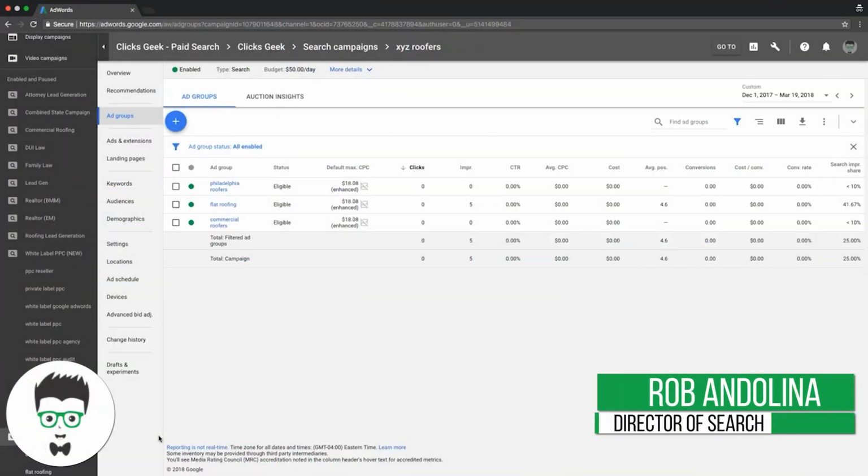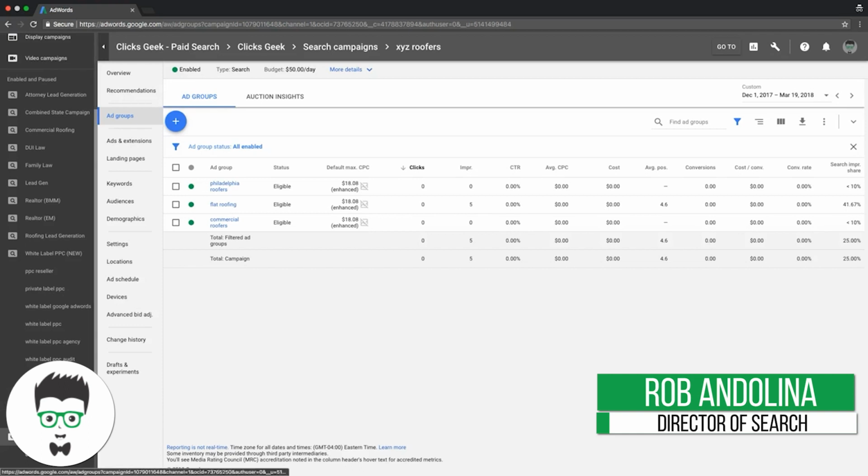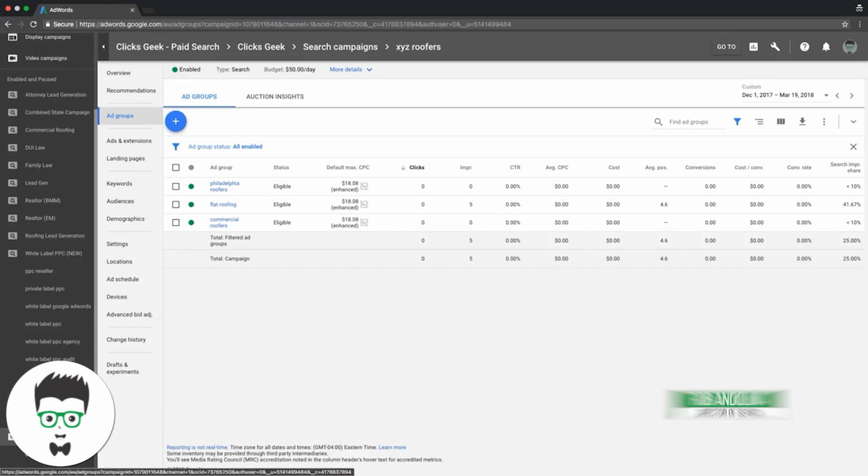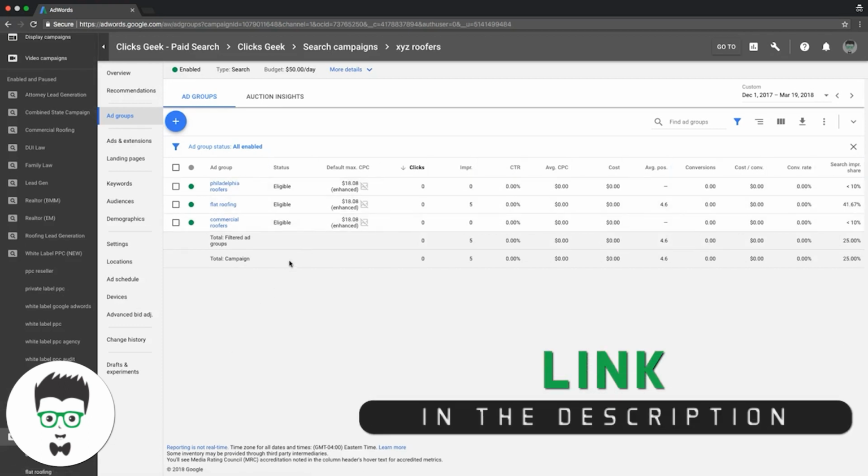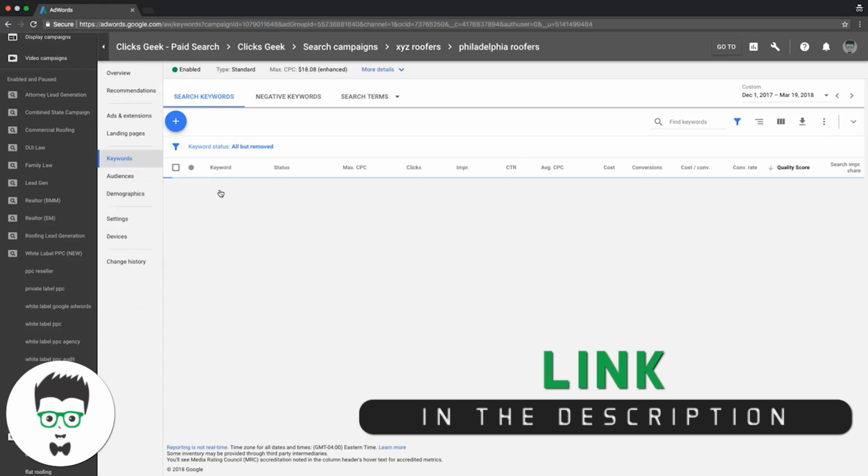We're going to dive right into this. So let's log into your AdWords account. You can see we're in ours. We're going to go into our XYZ Roofers campaign. We're at the ad group level. Now if we open an ad group,